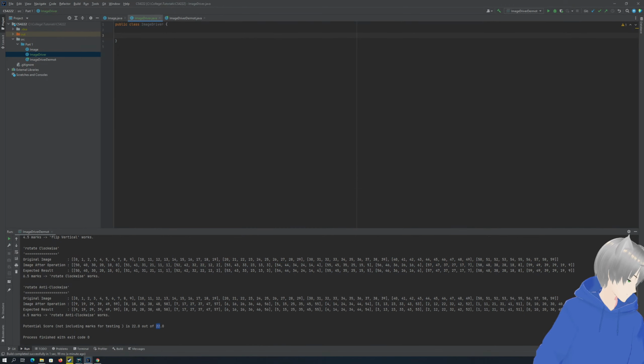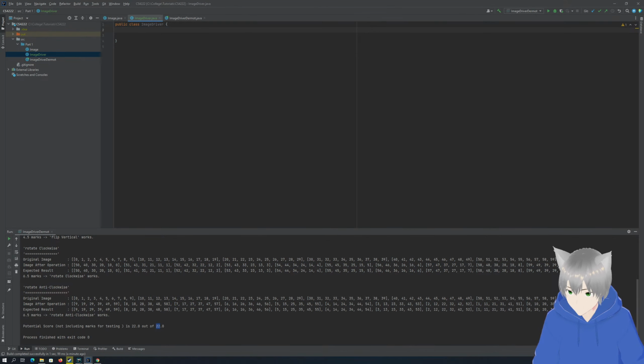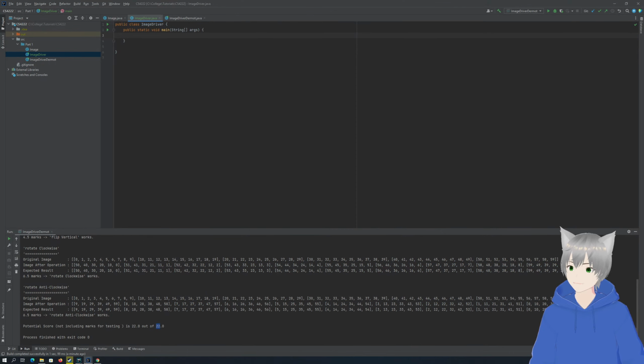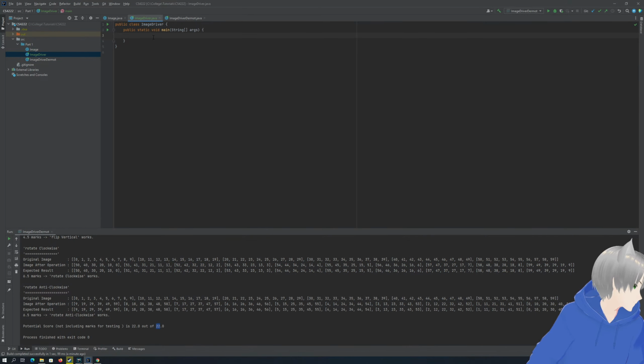So, again, how did I do it on my own? Okay, so main. IntelliJ is lovely. It can automate some of the laborious things, like I just press M and it goes, hey, do you want to start the main function? I press enter and it goes, boom, there you go, have a nice day. So, I'm going to copy this from my own example,